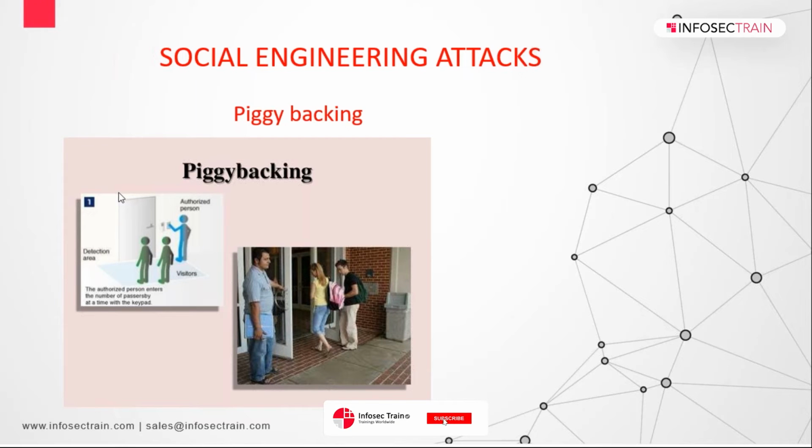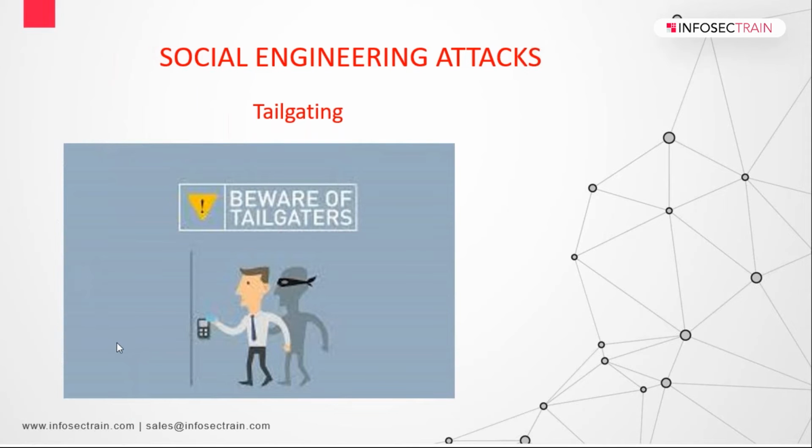But if we talk about tailgating, tailgating is when an unauthorized person follows an authorized person into a secure or restricted area without the consent of the authorized person. So he sneaks into the organization without the awareness of anyone within the organization. Clear with this? Consent is the key factor here, which differentiates tailgating and piggybacking. Got it, everyone?